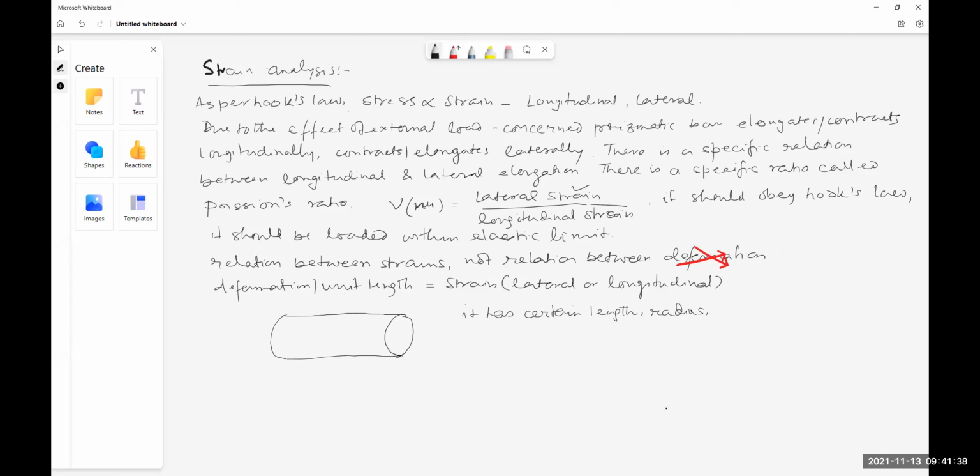There is a length here, say L, from this direction. It has a certain radius, from here to here, and it has a certain thickness about the surface itself like this. And if it is closed at both ends, this end as well as this end, and is subjected to some internal force by filling it up with some pressurized fluid,